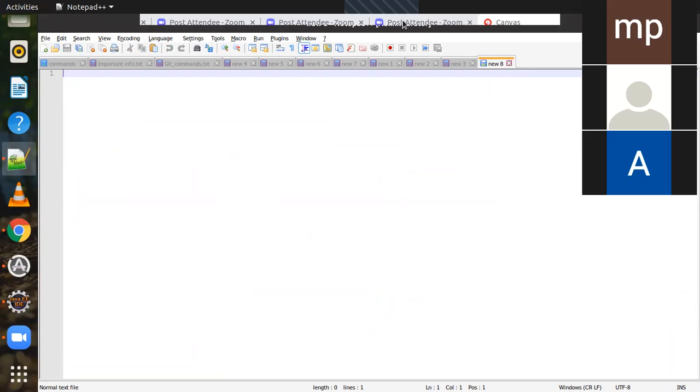Arpan, can you write it down? 1, 2, 3, 4, 5, 6, 7, 8, 9, 10. See, if this is my array, now we can see the second highest here is 9. Highest is 10 and second highest is 9. Similarly, lowest is 1, but second lowest is 2. So you will